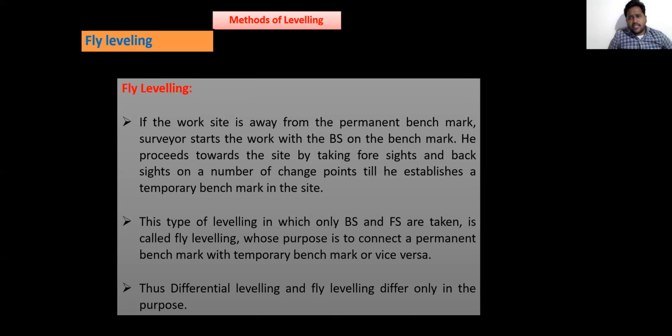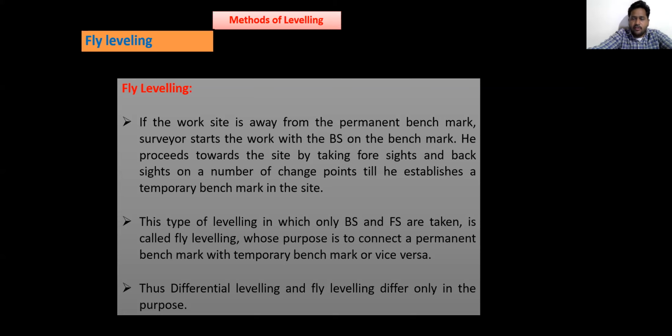We have discussed already that if you are taking observations, there will be a backsight, foresight and intermediate sight. Whereas in fly leveling, we have only two observations, that is foresight and backsight.